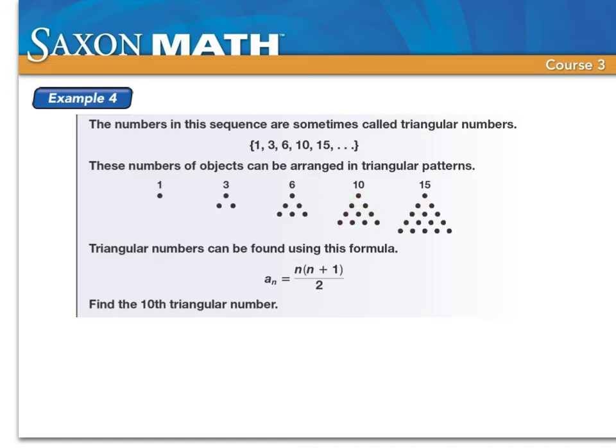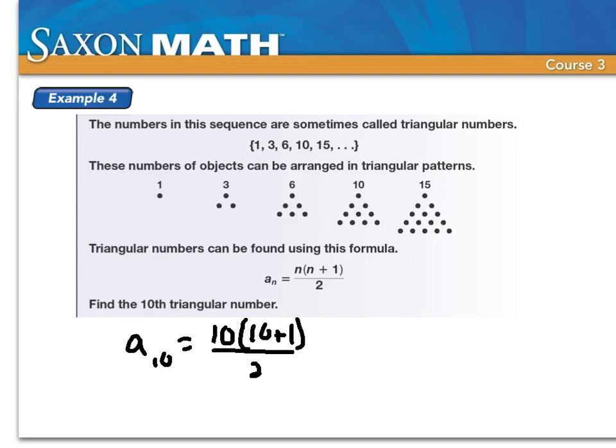Okay, and all the numbers that you could possibly do that with, all the triangular numbers, are found using this formula right here. Okay, and I want to find the 10th triangular number. So all I'm going to do, if I want to find the 10th number in the sequence, is plug in a 10 for my n values here. So I've got the 10th triangular number, that's the notation, should be equal to, and then I'm going to plug in a 10 every time I see n. So 10 times, I see another n here in parentheses, so it's 10 plus 1